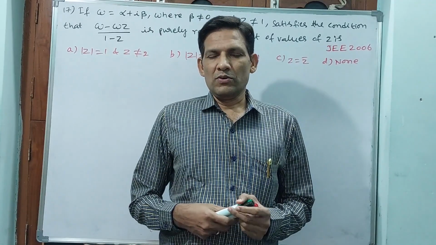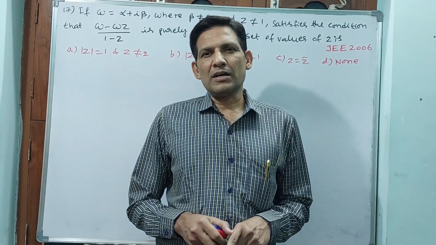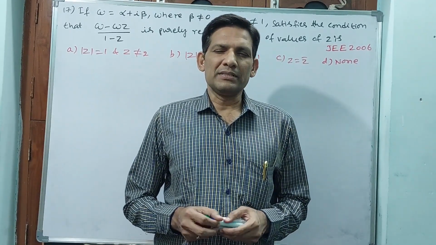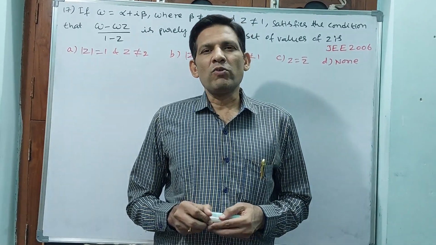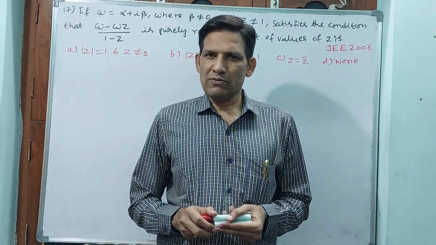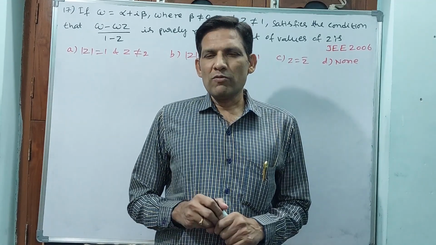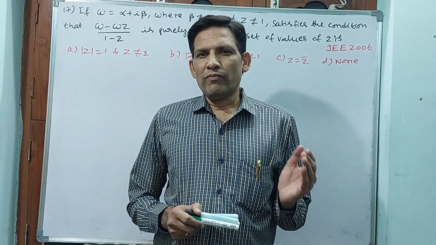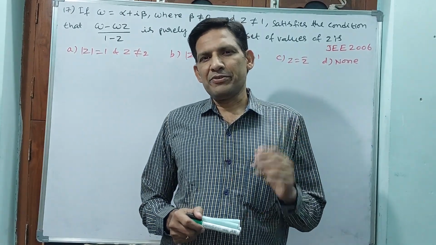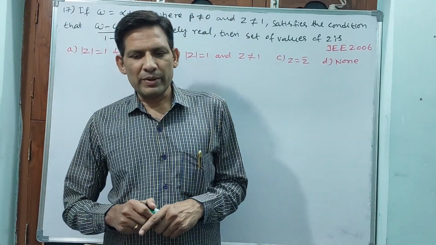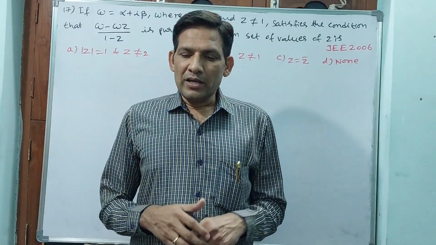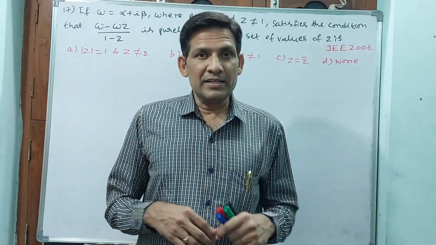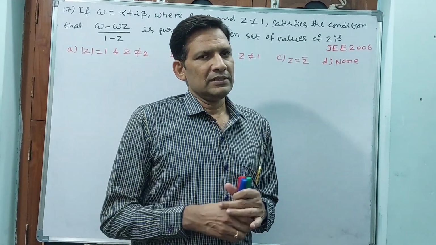Dear students, we are in JEE Mathematics and we are in the chapter of complex numbers. Until now we have done 16 questions. Today we are going to do 4 videos: question number 17, 18, 19, 20. Why? Because I am taking different models. If any model is difficult, then I am going to do 2 or 3 questions like that.